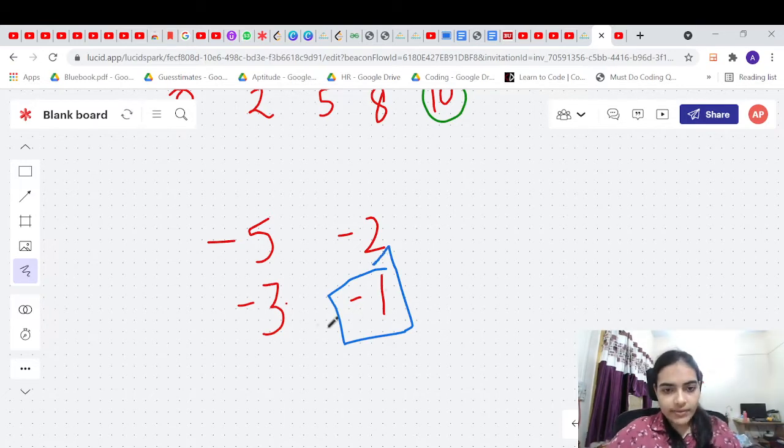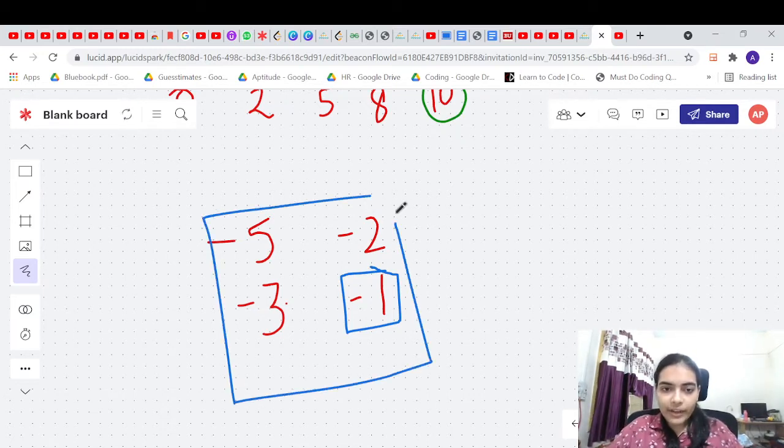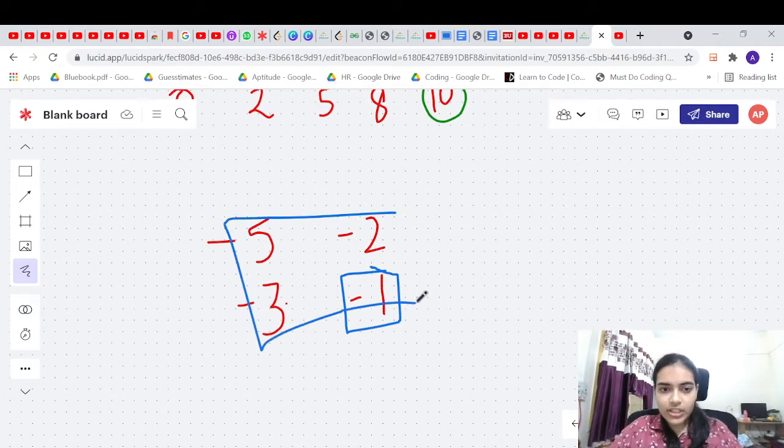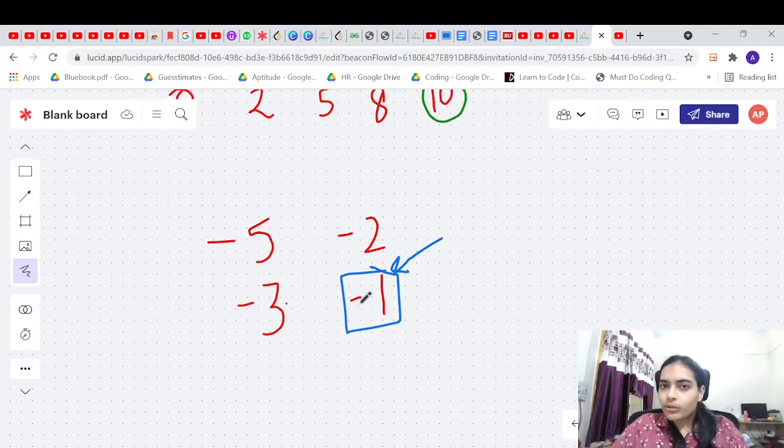In this case, your answer will simply be minus 1, because you will just bomb this entire region, and you will not prefer bombing, for example, this region or this region, because you don't want to kill more of your soldiers. So your answer will simply be minus 1. You will just bomb this particular region to have the least number of your soldiers killed.